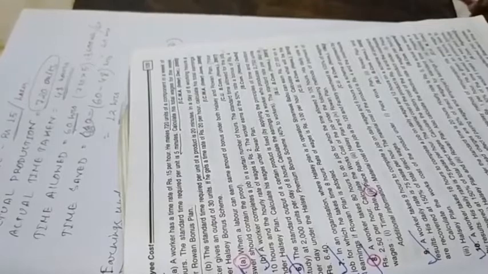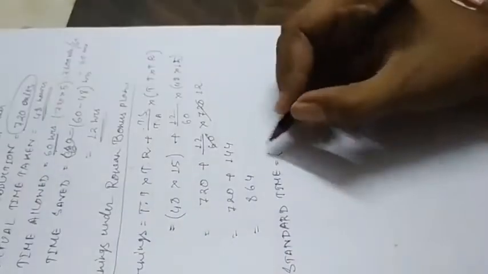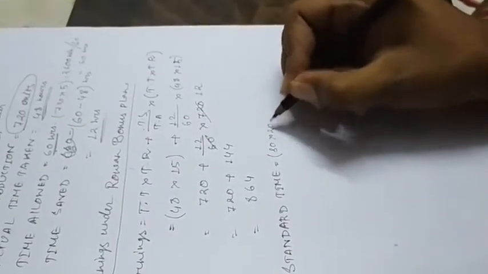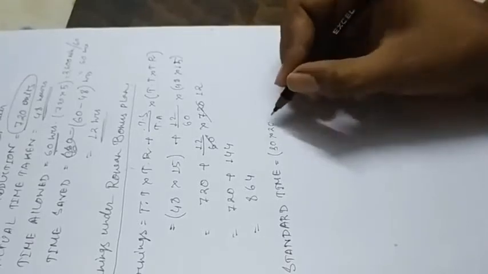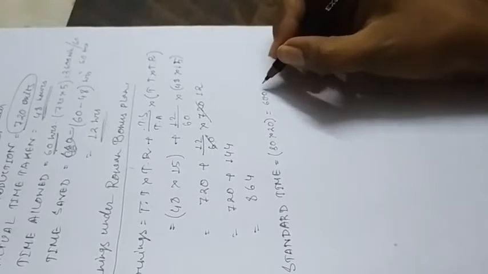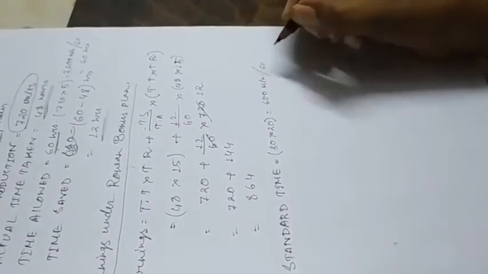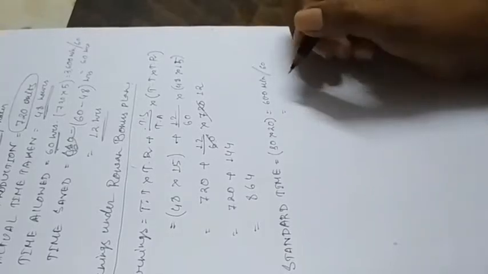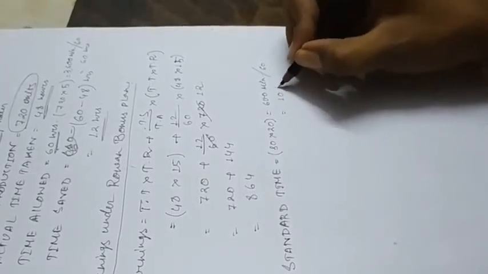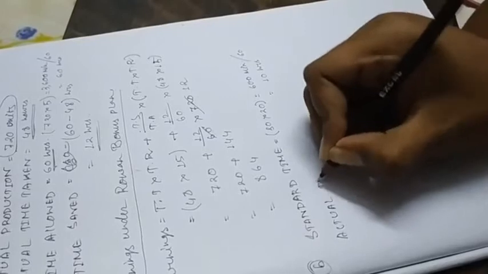So if you want to produce 30 units, the time taken is 30 units into 20 minutes, 600 minutes. Then divide by 60 and we get the standard time in hours. This is 10 hours. Okay, so then actual time taken,